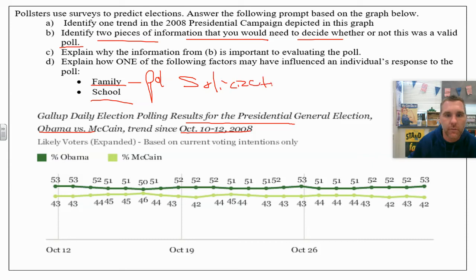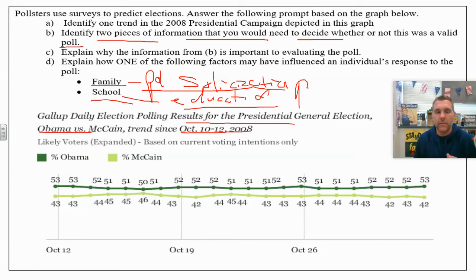And this is across the board. The biggest influence on who you are as a person is your family. School is going to be another one. Again, education, right? The more education you have, the more likely you are to vote. And we can look at some trends and that kind of thing. And like, college educated might lean a little more to the left. Non-college educated lean a little bit more to the right.